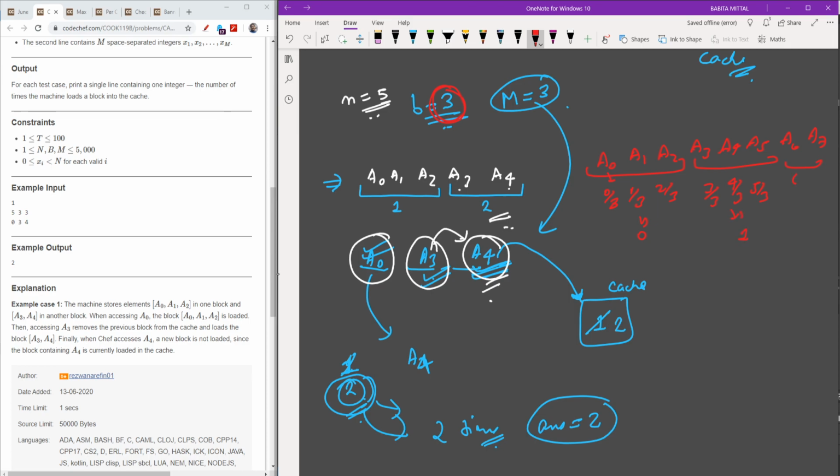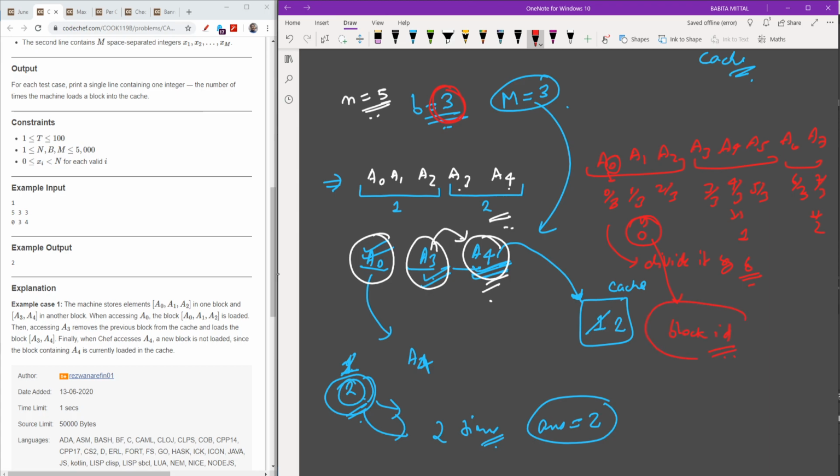And 6 upon 3, 7 upon 3, these all are 2. So when I have this index and I divide it by the block size, which is B, then I will get a number which represents the block ID.